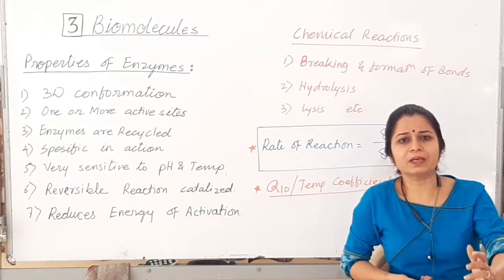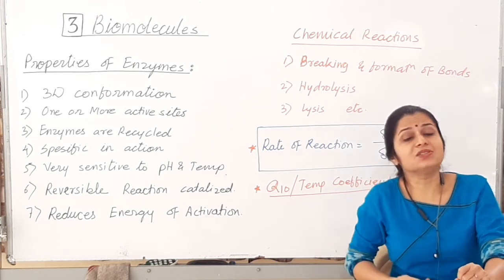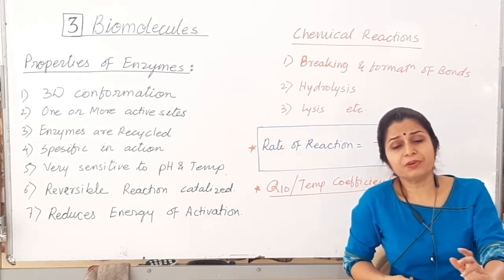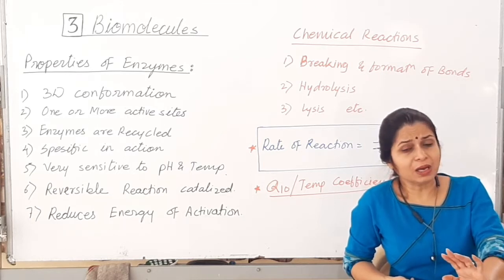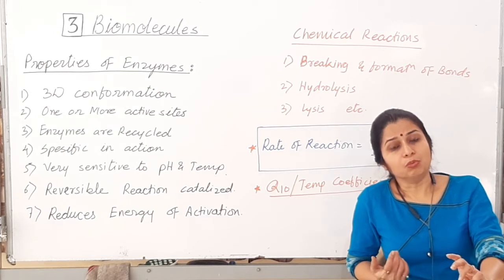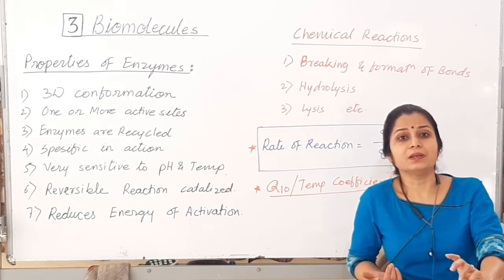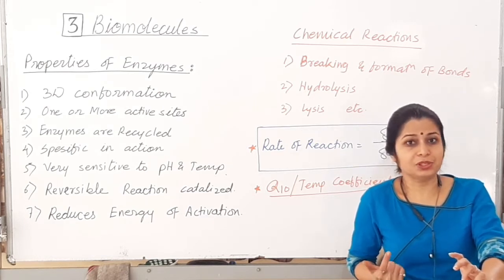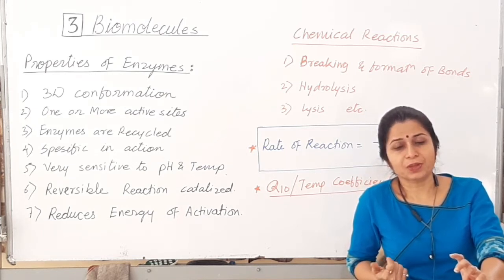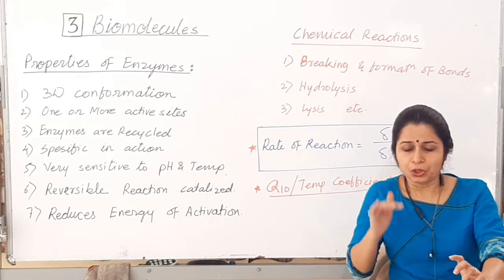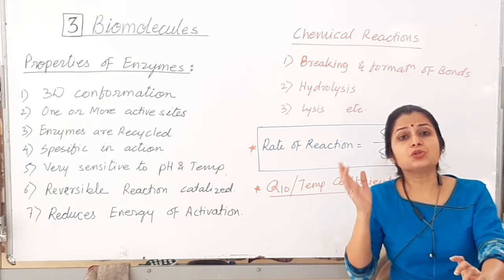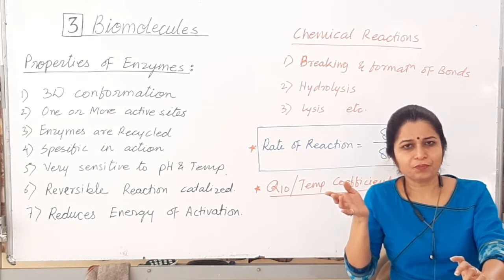Enzyme action is quick. Hormonal action is delayed. More the enzyme, more the rate of reaction. In case of hormones, the behavior is erratic. More the hormone, more can be the reaction, or even it can retard the growth. जैसे हमने ऑक्सिन देखा था. हाइपो कॉन्सेंट्रेशन, हाइपर कॉन्सेंट्रेशन में बहुत अंतर है. More the concentration of auxin is growth retarder, right?